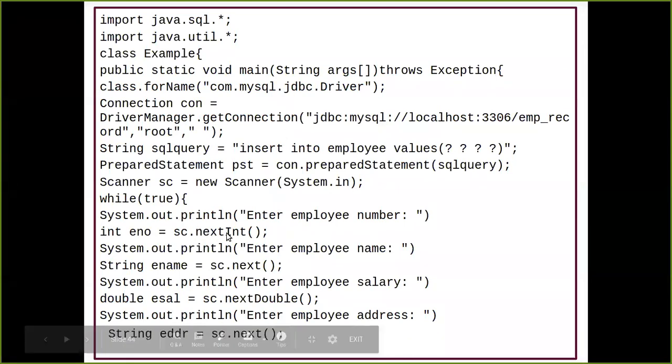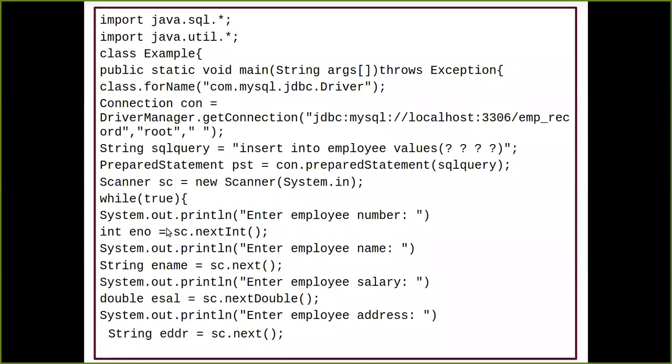So if the values are coming, what we have to do is first of all print one statement for a client, saying that enter your employee number. So if the person is entering the employee number, say for example 5, that 5 is an integer value, an integer number that I wanted from the client end, from that field, to get it and store it into the variable called e number.